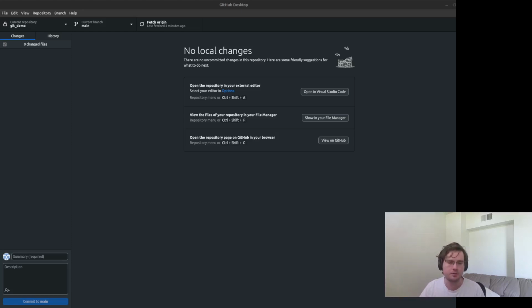To do that, I'm first going to delete the repository both locally as well as on github.com, just to show you that it's really not a scary process, as long as you're okay with throwing away some of those alternative states of your code that you might want to save.